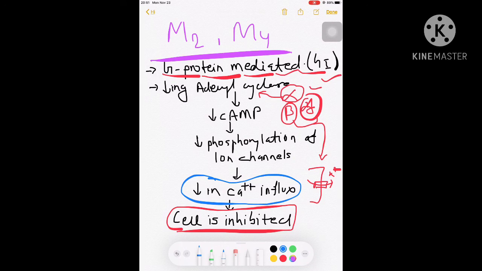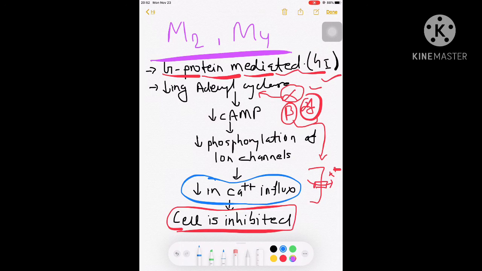Okay, so when the AV node and SA node are at their resting point, calcium and sodium influx will occur. Then the resting membrane potential will go up to the threshold level due to this cation, or positive charge, influx. This will cause opening of the voltage-gated calcium channels,